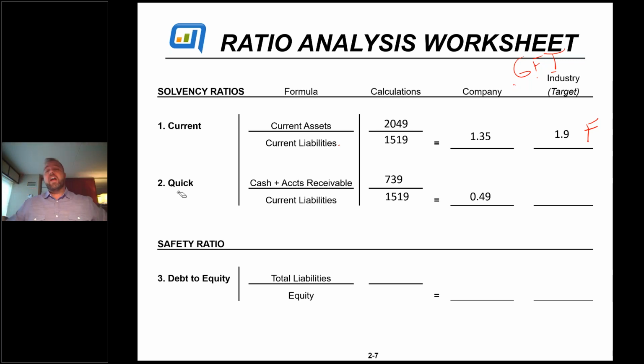Bing, bing, bing. We've got red flags and some warning signs going off. If I'm the banker, here's what I'm thinking, right? There's 51 cents of risk. That means if this company folds, if this company goes under, somebody's got to eat 51 cents, right? There's only 49 cents to pay for it. And the way the bank looks at it is you use your long-term assets, your equipment, to pay off your long-term debt, and then you use your current assets to pay off your current liabilities. That's the way the bank looks at it. So in this case, they're saying, hey, if we give him a line of credit, which is also a short-term current liability, there's 51 cents already exposed, right? So the chances are we're going to have to eat 51 cents in this. So that's the risk.